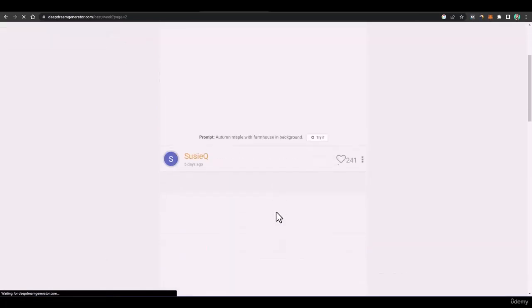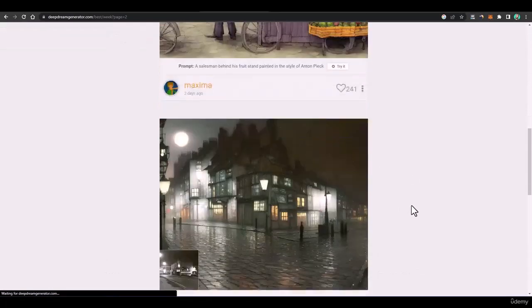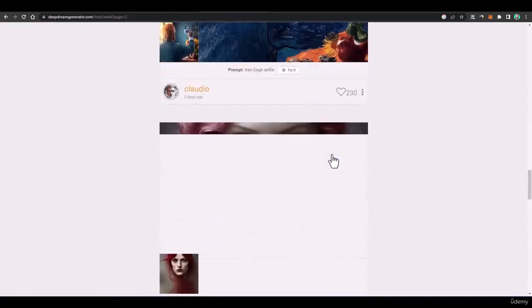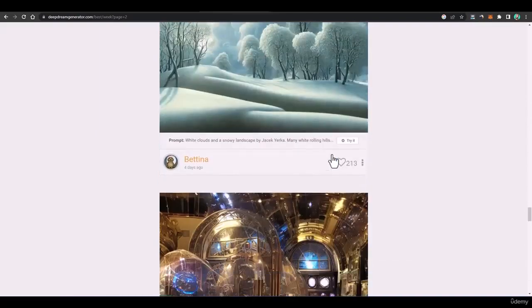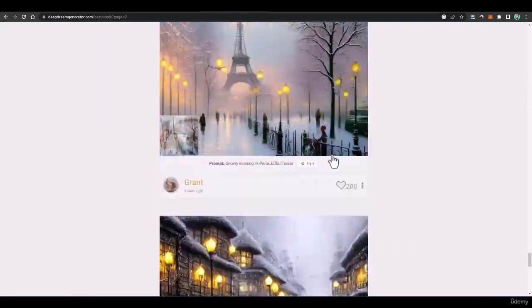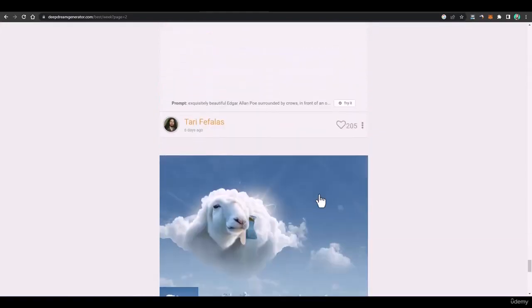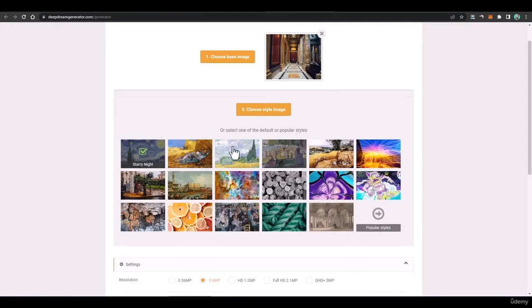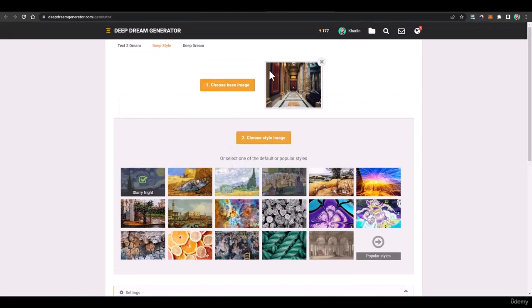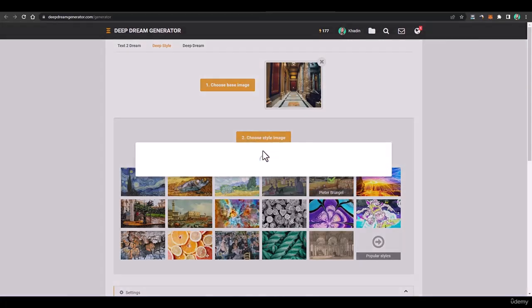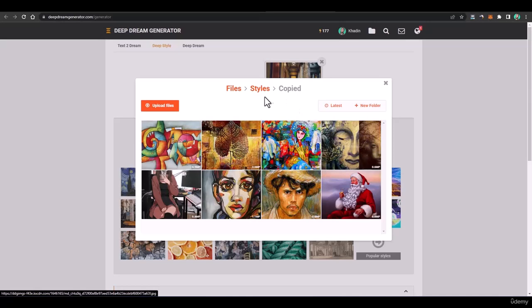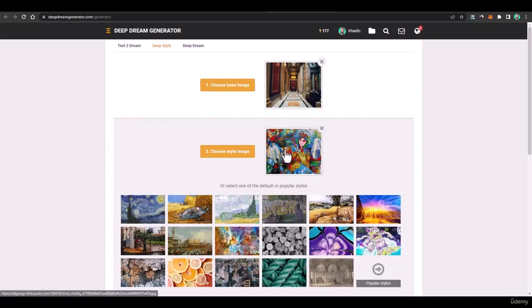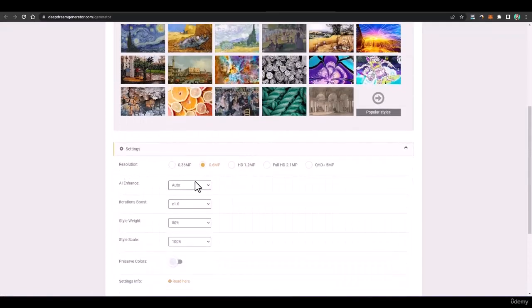Now how we can apply the same thing on our images is, first of all, we'll have to select an image. Let me have a look at other styles as well, if we could find some styles here, because it's a bit rare and hard to find those kind of images. Now what we'll have to do is apply some kind of style here. Let's say I'll go to select style image, and from here in copied, if I want to apply any style, like I want to make this palace colorful, I'll select this one. Then here, first of all, the resolution.